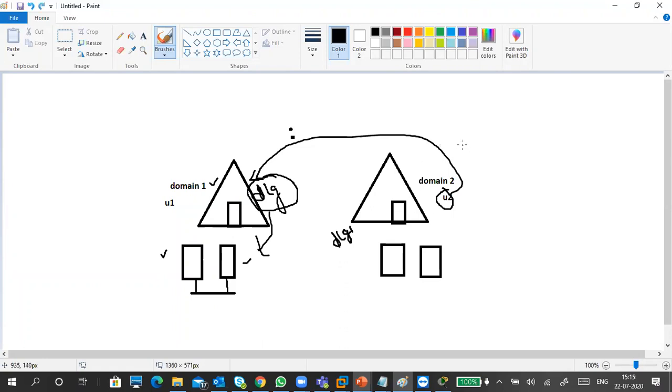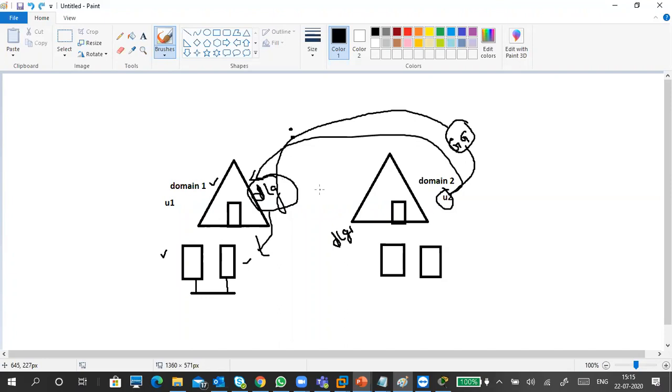If it's a classroom, it is quite easy to explain. So I add this user to a global group in my domain 2. In domain 2 I created a global group and I add this global group to this DLG1.